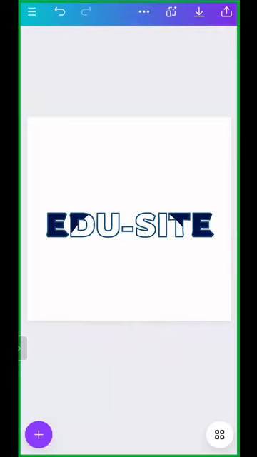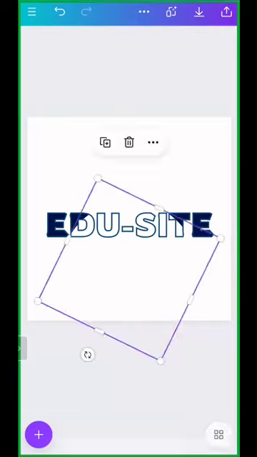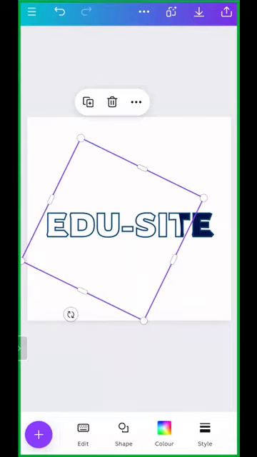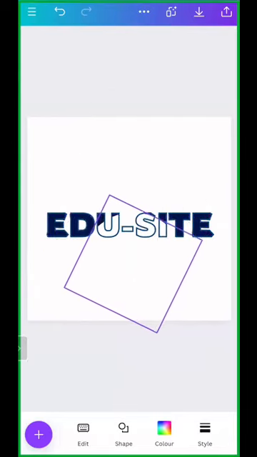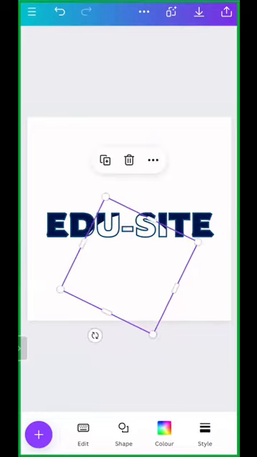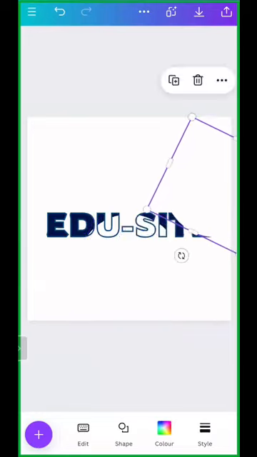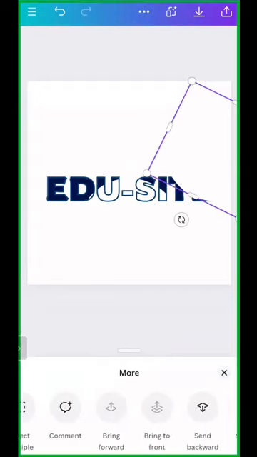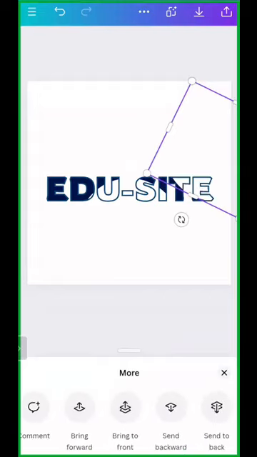And also, if you want, you can change the E. You can just remove the E and make it in a way that it is of the bigger font. Okay, enlarge the font of the B. Okay, and if you want, duplicate this and place it here and make it move backward. Okay, send backward, one backward you have to send.